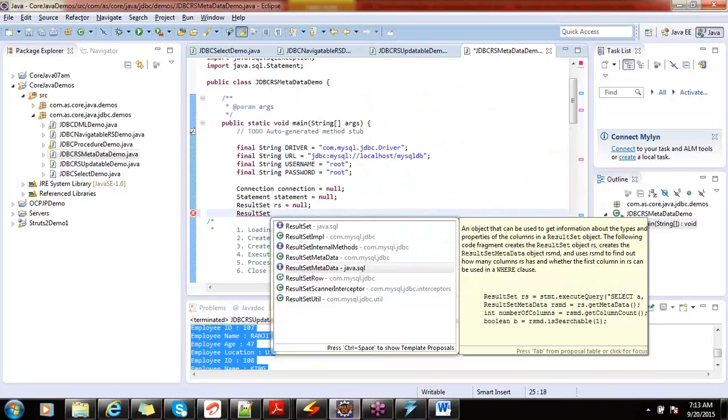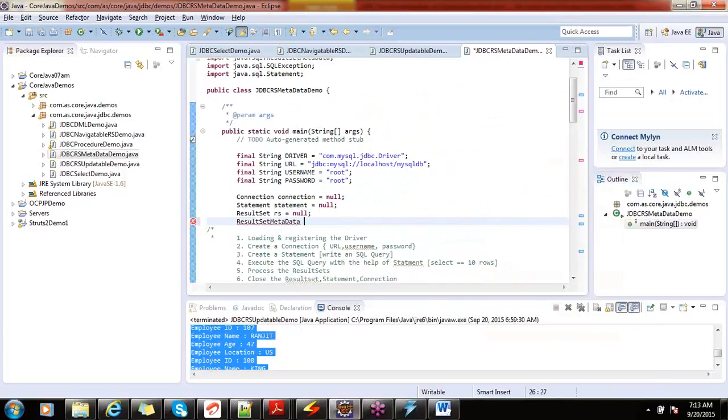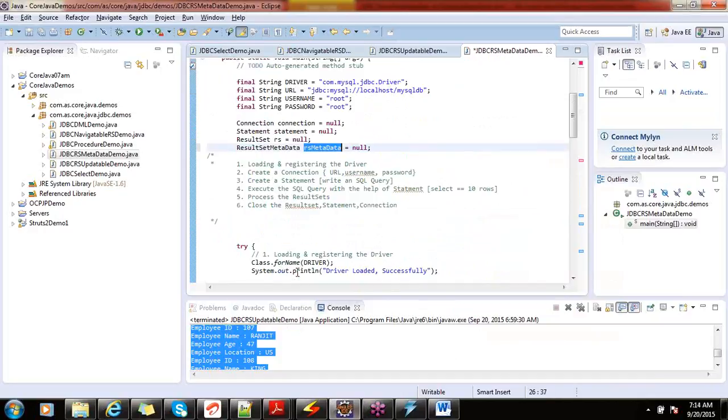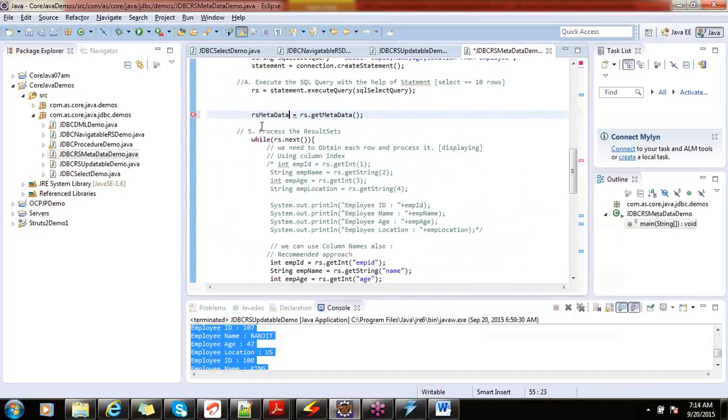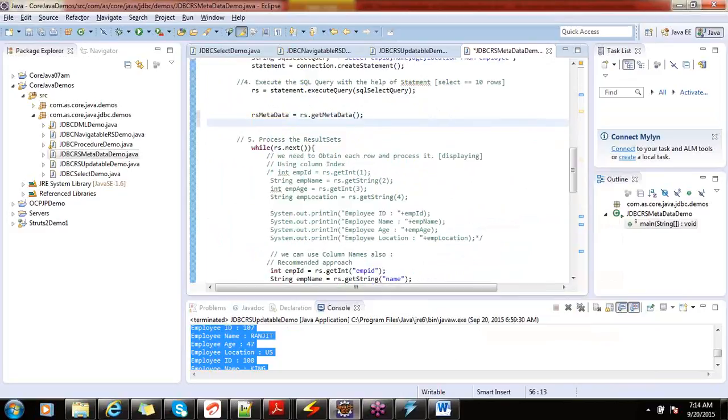So I'll name it rs metadata, which is more meaningful. Take this RS metadata and hold it here. So on this result set metadata,